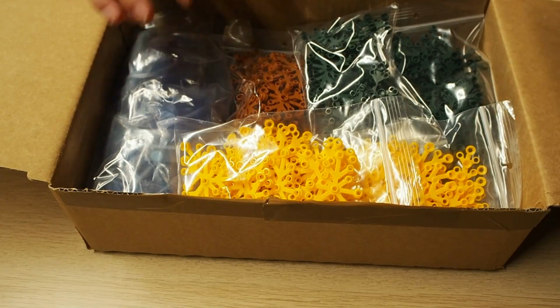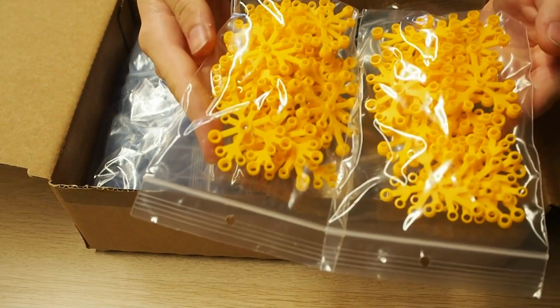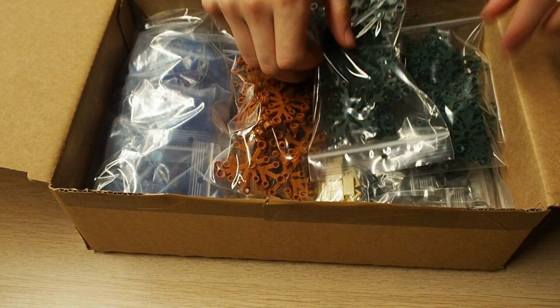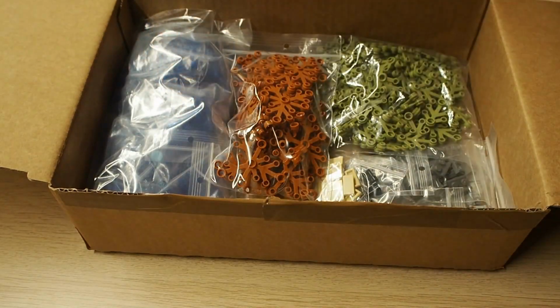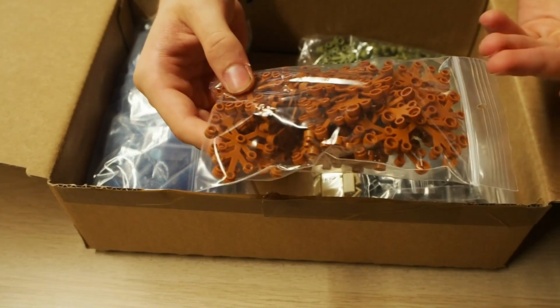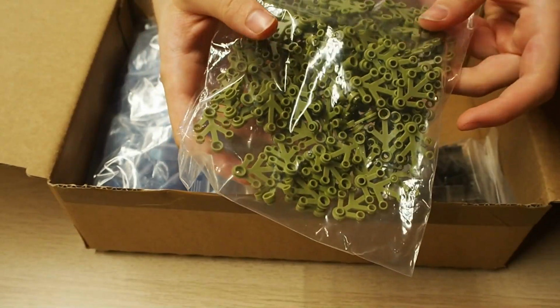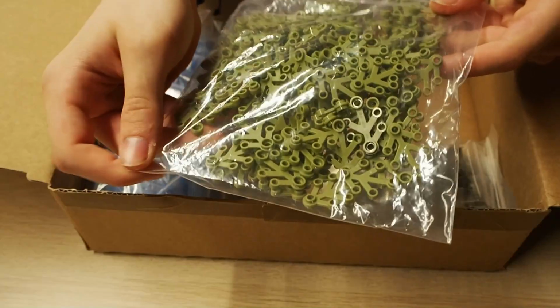So let's go into the leaves because they're looking the most attractive right now. We bought 40 of these bright yellow leaves, big ones. Then also 40 of these dark green leaves, also the big ones. Then we also got 30 of these orange ones, as well, the big versions. And then we got some smaller olive green leaves, more than the big ones of course, because they're smaller